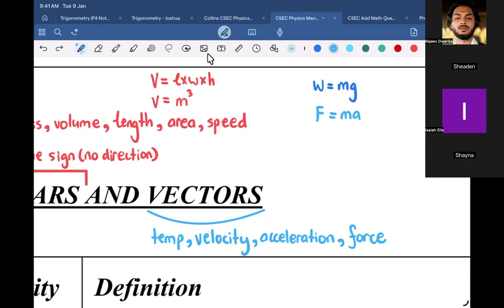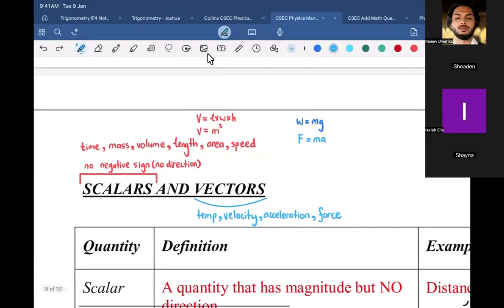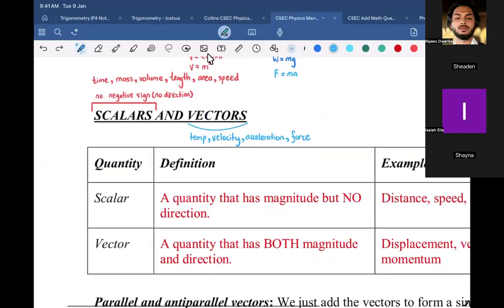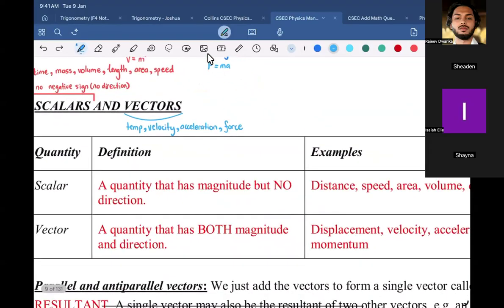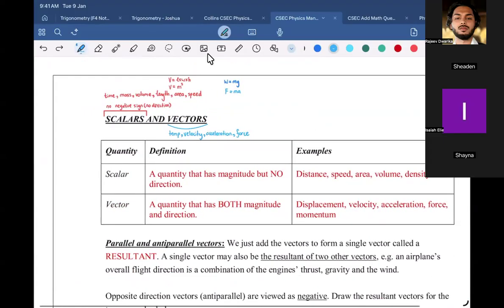And let me ask you a question. Can a force act in different directions? Yes. So it's a vector. It makes perfect sense. So we've listed enough examples. I think I'll have it down, right? So a scalar is a quantity that has magnitude but no direction. A vector is a quantity that has both magnitude and direction. We went through the examples already, so I'm going to move on.